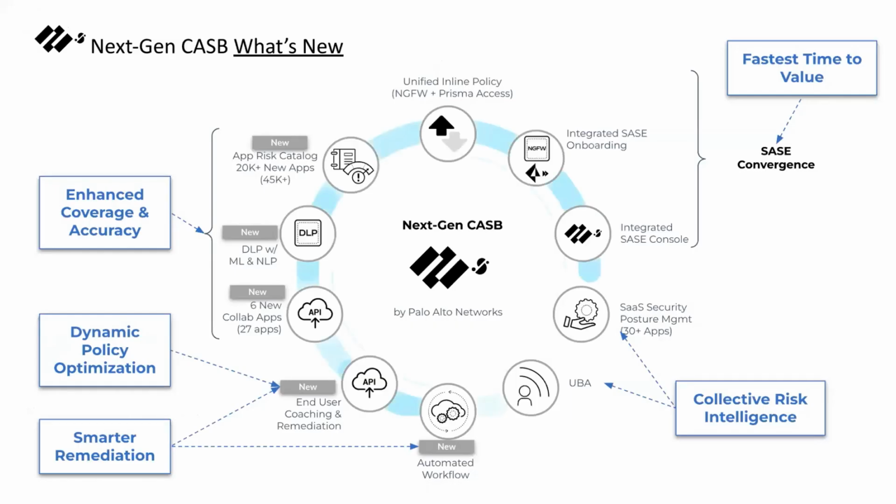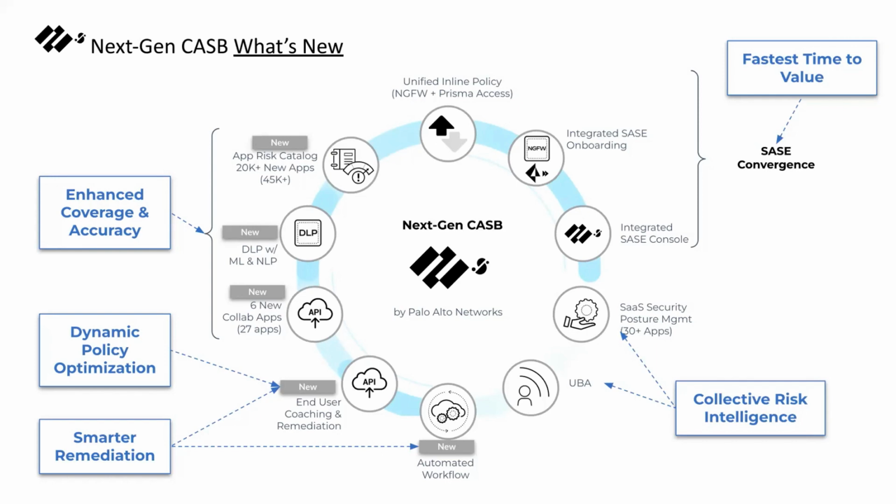So looking at what's new, this is a bunch of things. It's a very busy slide. I'm going to start covering it clockwise, starting with our unified inline policy between firewalls and also between Prisma Access. So there's the integrated SASE onboarding and integrated SASE console. If you're familiar with the SaaS Security console that we've been using within the standalone user interface, we now have that as a part of the SASE console as well, which means if you're a current Prisma Access customer, you would see it within your cloud managed console,